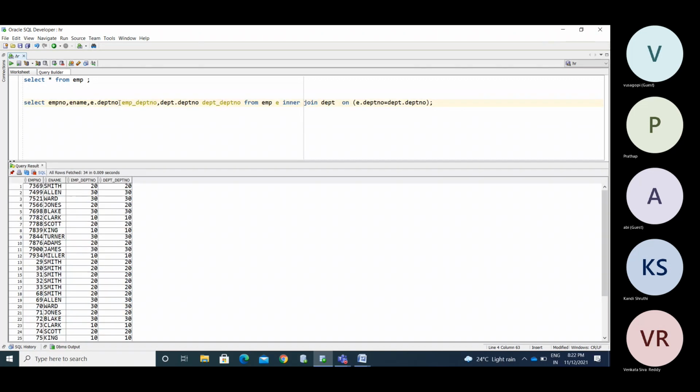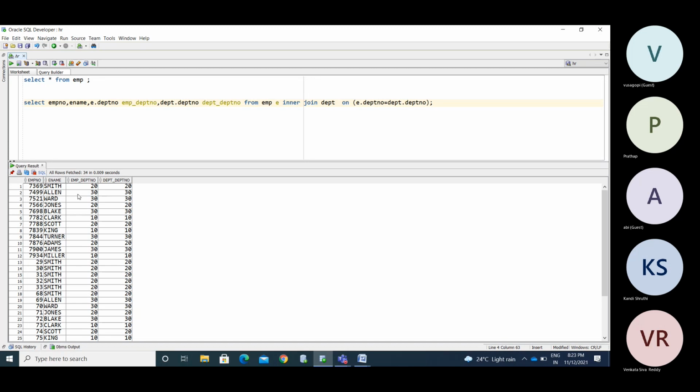So now you can get the data. This is the EMP DEPT number, and this is the DEPT one. You are retrieving this department number from the department table, and this one from the employee table. So you can understand with those alias names.